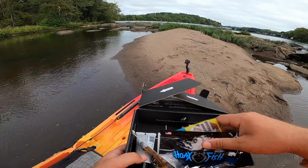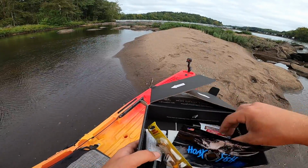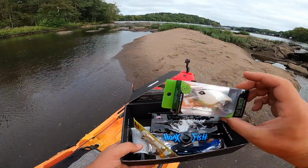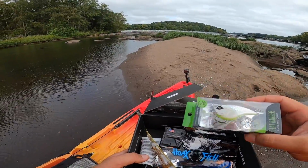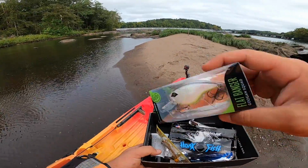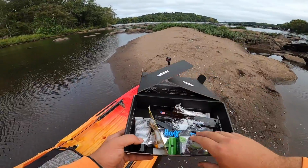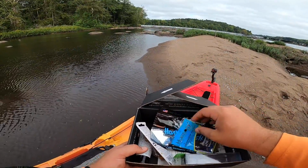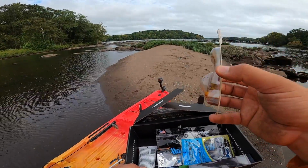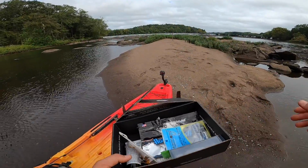We now have the opportunity to go to some finesse or to a moving bait. I have a lot of confidence with the square bill and all this rock up here. I think we're gonna be able to do pretty good. Even if we have to use this on the way out, there's a pretty awesome rock wall. So I feel confident with the square bill. We're gonna be able to knock out this hook with the hoax fish. I think I wanna keep trying to build my confidence and go with this freaking...